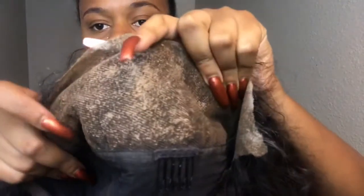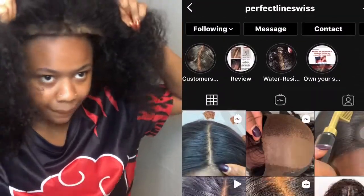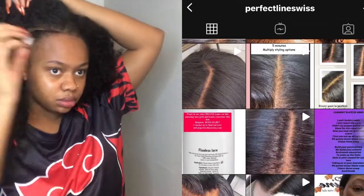Okay, so here's what it looks like after I've applied the concealer all over the lace. I didn't do a very thick layer because, like I said, this is my first time working with the product, so I didn't want to overdo it and then mess it up. As you can see right here, I'm applying the wig to my head,